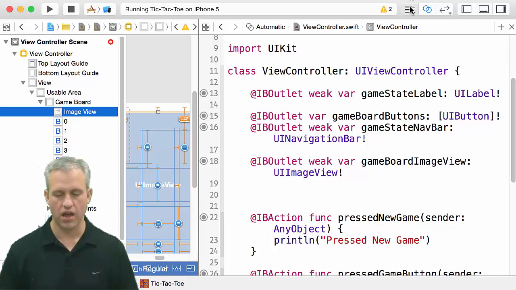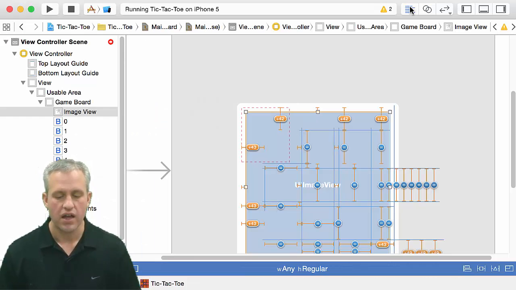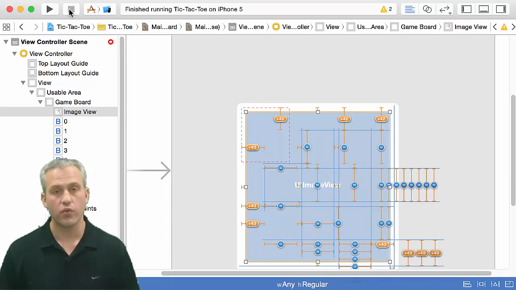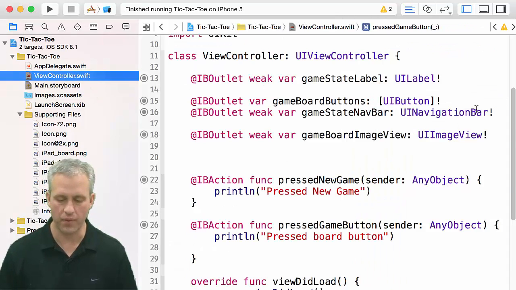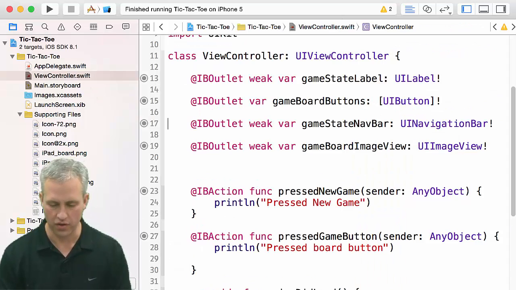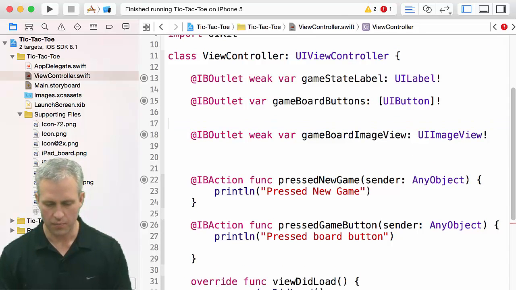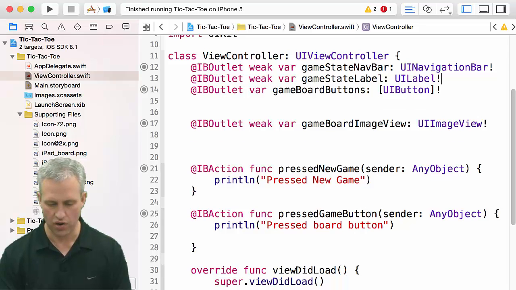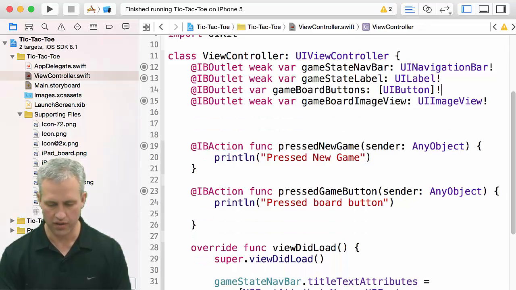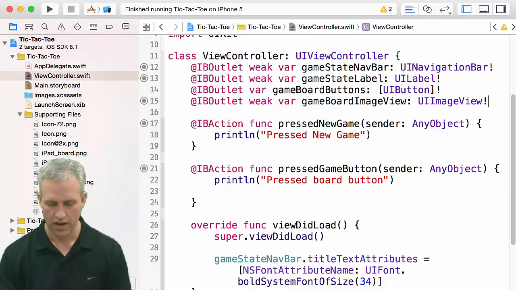So that's great. So I've got a connection to it. If I tried to run it now, it still wouldn't look like much because I'm not using that connection. So let's go ahead and start using that connection. Hopping back over into code, feels like I'm hopping all over the place. I'm going to put these into an order that I like better. I kind of like the nav bar, the label, the buttons, and then the image view, and then the two